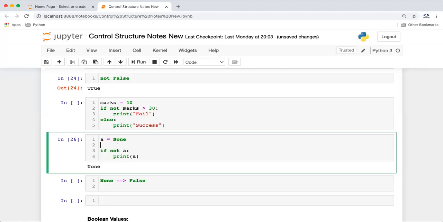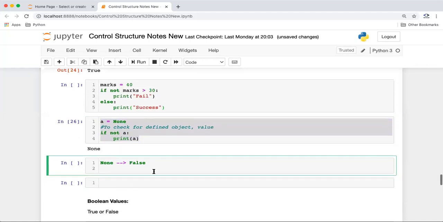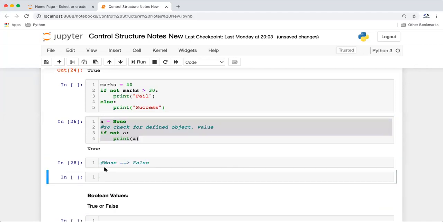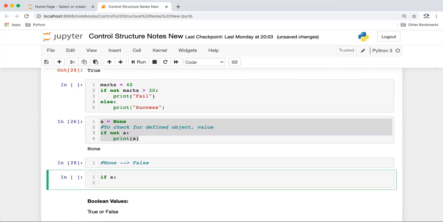So we can use it to check for defined objects or values. If there is no value or no object which is defined, and we check if not a, it will work as a check for whether the object is defined or not. Similarly, we can also do if a. If I say if a, it means a should hold a value, should not be None, should not be null.